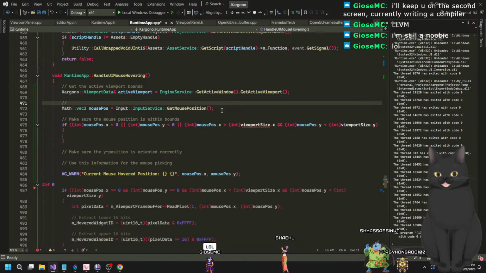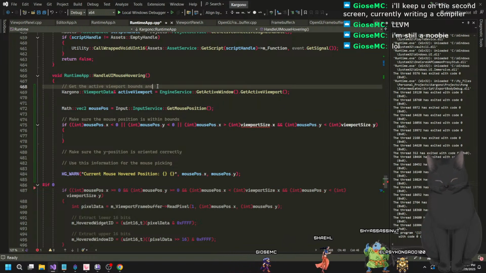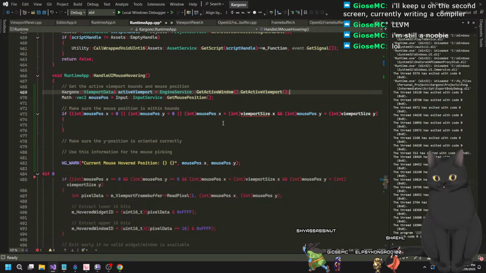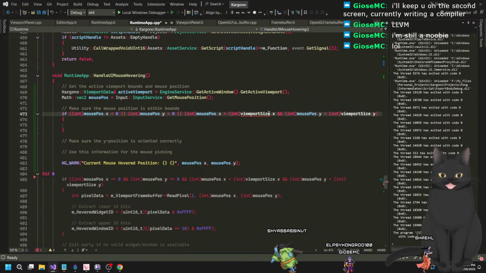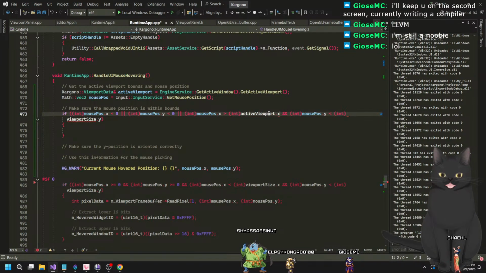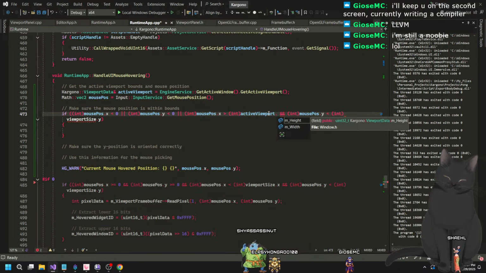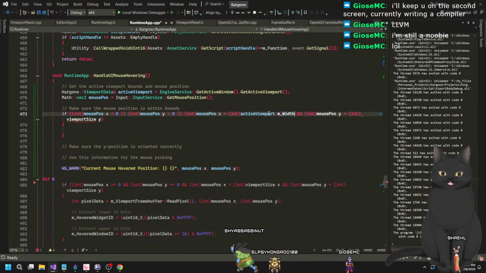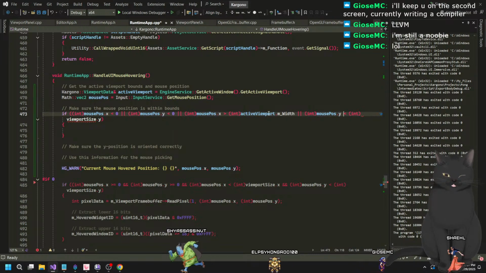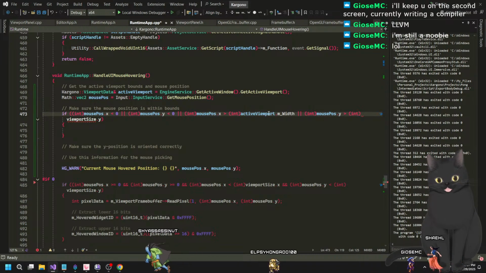Yeah, get the active viewport bounds. Okay, then from here, I'll say and mouse position. Okay, so we're gonna bind these together, and then now we can use the viewport data. So we'll say active viewport dot, is it dot x or no? Oh, it's width and height, so x is width. And then we're gonna do or is greater than